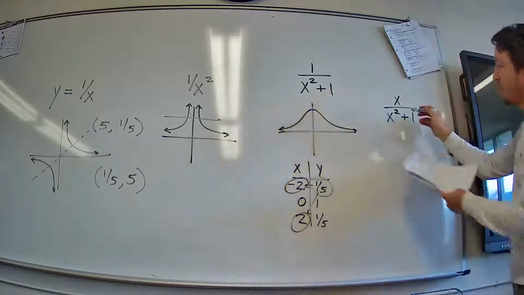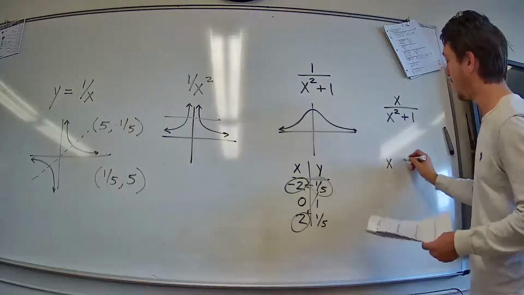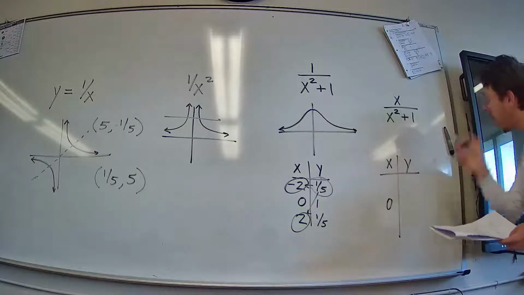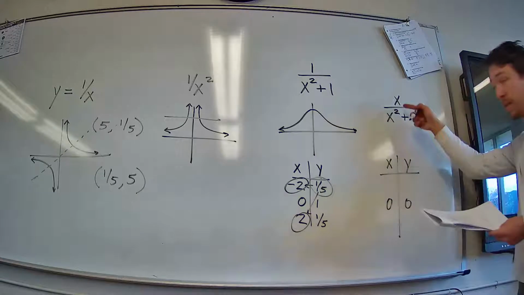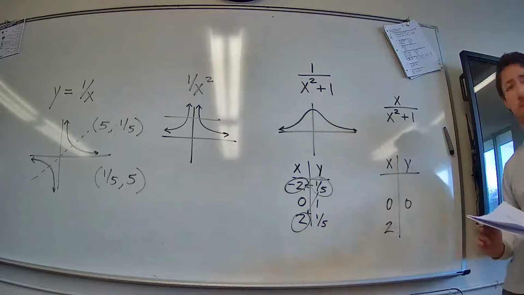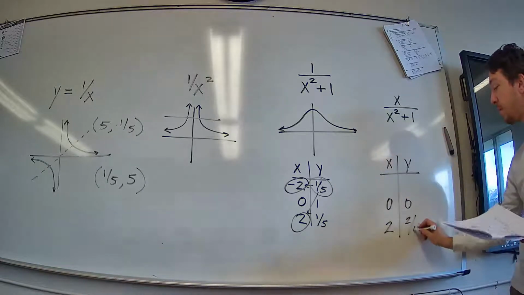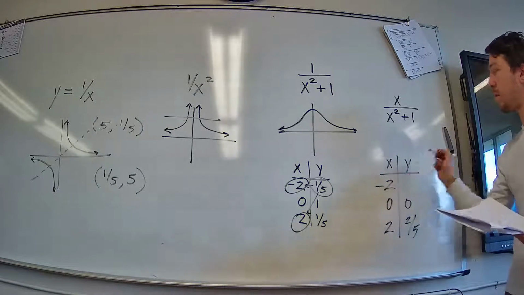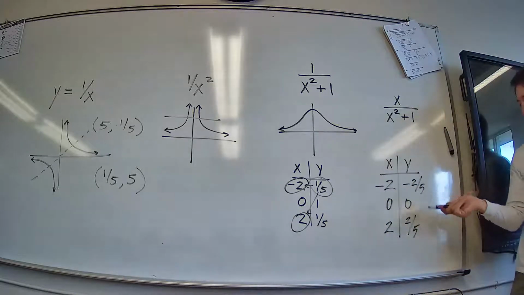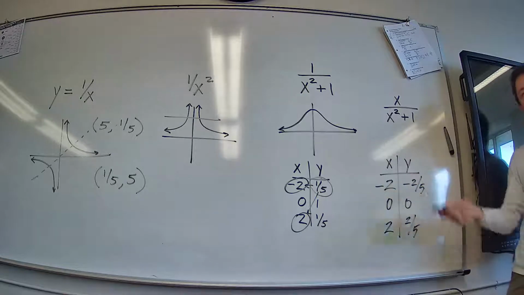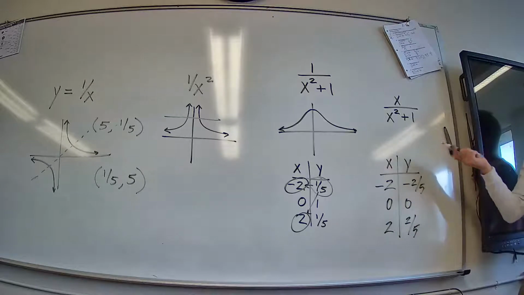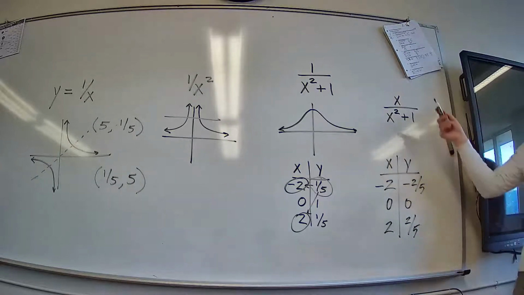Okay. This one's a little strange because if you plug in, plugging in 0 gets you what? 0, right? 0 divided by 1 is 0. How about plugging in 2? Gets you 2/5. How about plugging in negative 2? Negative 2/5. So have we seen any problems yet? Is there any single y value that has to map back to 2 different x values? No. So you might think, oh, it's fine. It's got an inverse. But actually,